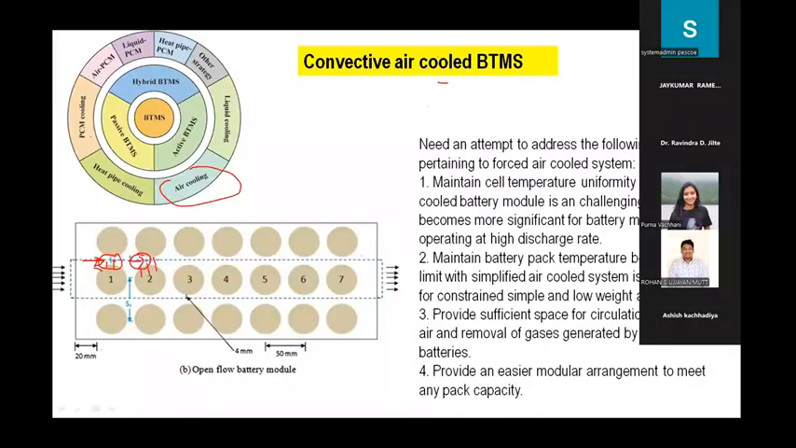When it approaches the next cell, its temperature is already higher. It will pick up the heat from here. Again, when it approaches over here, its temperature is already higher. So it has lesser capacity to pick up the heat from the third cell, the fourth cell, fifth, sixth, and seventh cell. This is the drawback of arranging the batteries in this fashion. If you can modify this situation,